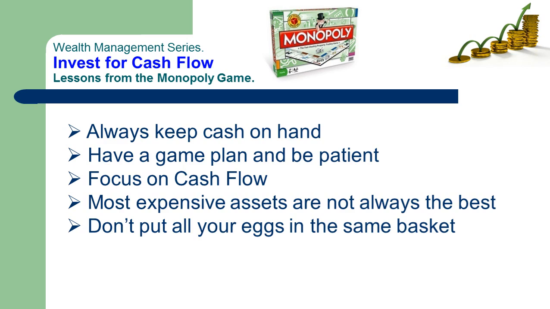The second lesson that this game teaches us is have a game plan and be patient. Now, you really have to have a lot of patience if you want to win this Monopoly game, because you just can't win it by buying every piece of real estate you land on. You have to have a general approach on how you want to proceed. If you are impatient and start buying every piece on the board that you land on, you will quickly find yourself out of money and thus unable to do anything except hope for the best. Therefore, you have to be patient and really know when to buy, what to buy, and when to take a pass. You don't have to buy everything.